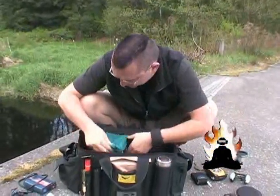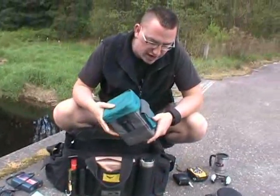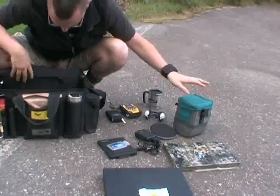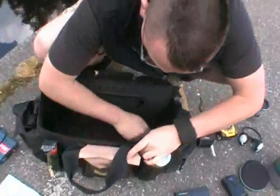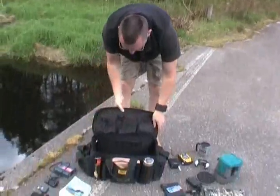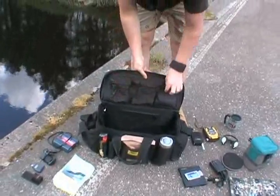And of course, last but not least, you want to keep your Prosium case. I always go with a larger Prosium case with extra Prosium in the side in case you have to deal with mass dosage, anything like that. The rest of the case on the inside is pretty much straightforward. It comes with plastic trauma panels on the side, which is added protection, as well as on the bottom, for any sensitive electronics you keep in the bag. On the top, you've got space for extra batteries, chargers, docking stations, a radio, and